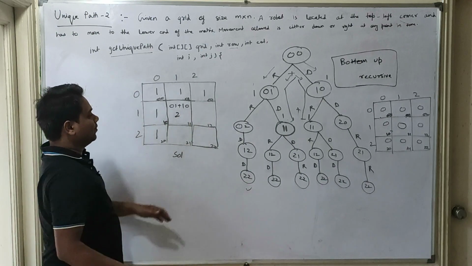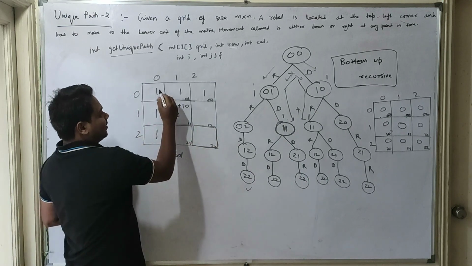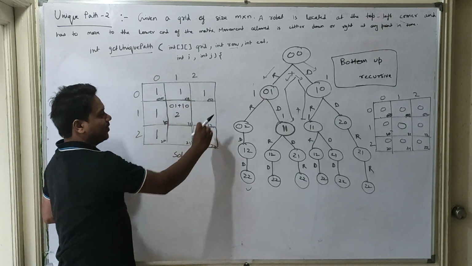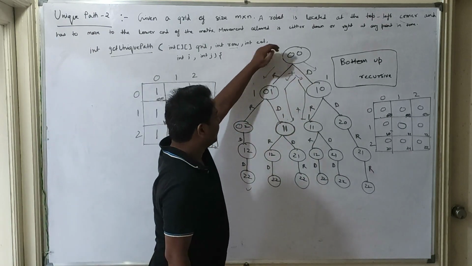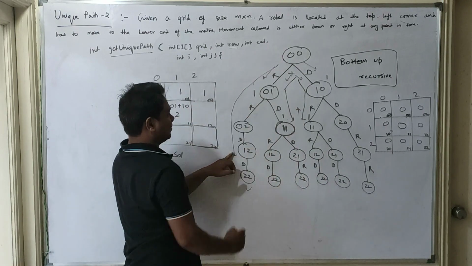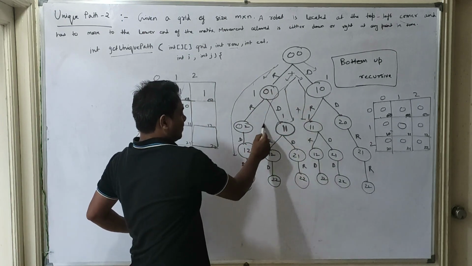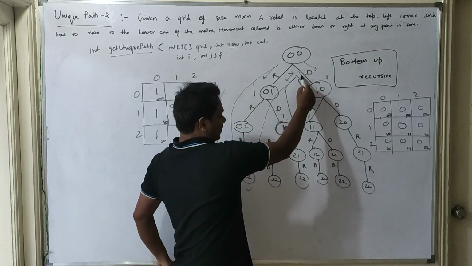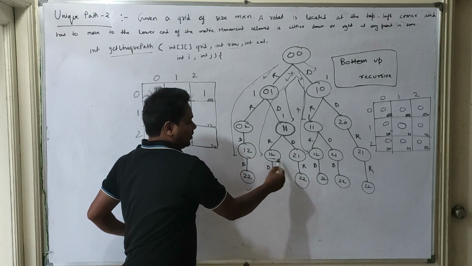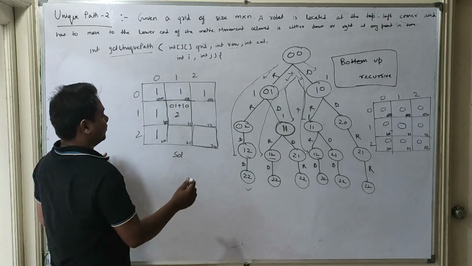So it is basically 0 1 plus 1 0, moving down or moving right. So this is 2. Now if we have to reach 1 2, how many paths are there? Either it can move right and then move down, or it can move down and then move right. From 0 0 it has to reach 1 2. Either it can take this path, or this path, or this path. So there are a total of 3 possible paths to reach 1 2.